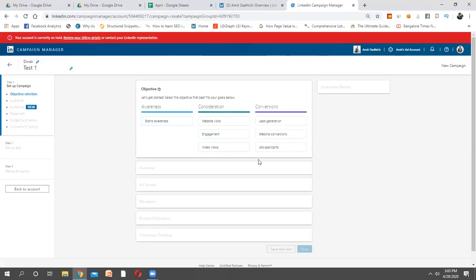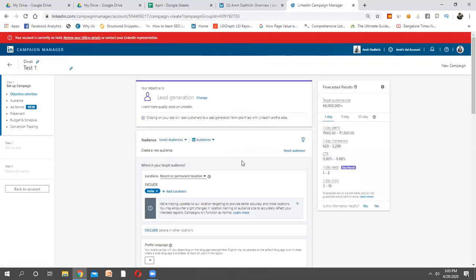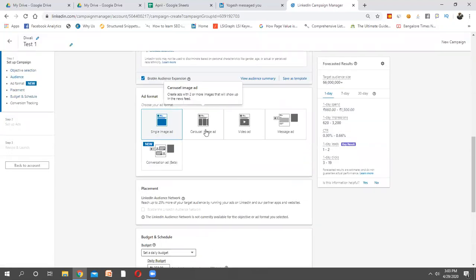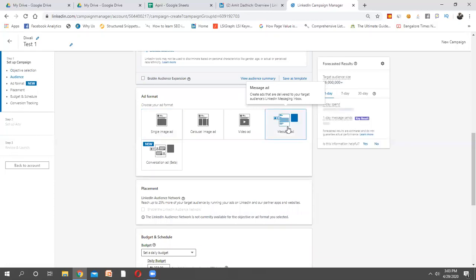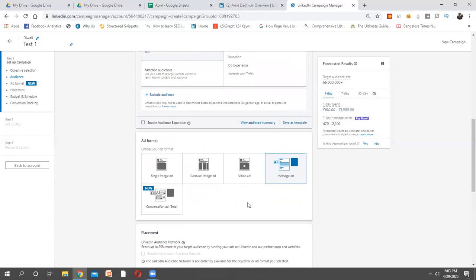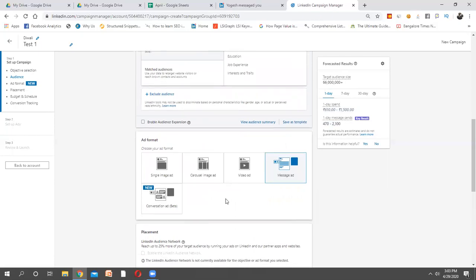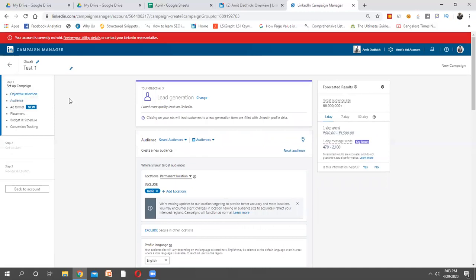There's something called an in-mail campaign, text campaign, that comes as your advertisement placement here. If you want to generate leads using messages, by sending messages to people's inbox, then this becomes the in-mail campaign, right? So it totally depends on what name you are giving to the campaign. The objective defines the goal of the campaign, what we are going to get out of it, and then depending upon where we are placing it and all, we can name the campaigns differently. So anyways,